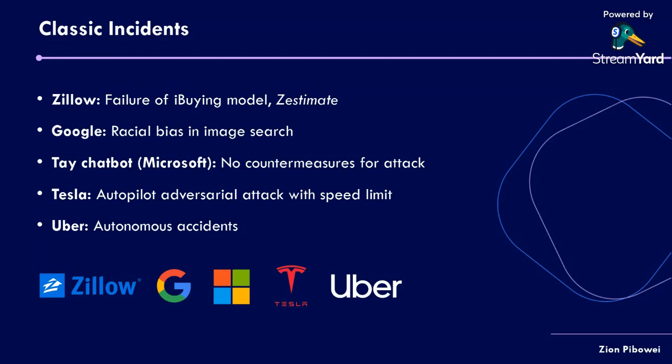Google, of course, works on a lot of AI innovations. So they trained a particular image search algorithm that when you upload an image, it searches and gives you results, right? But then there was a lot of racial bias in the models because the models were not built on data that is balanced across races, right? So it is bound to discriminate against Black people, against people who are not white, all right?